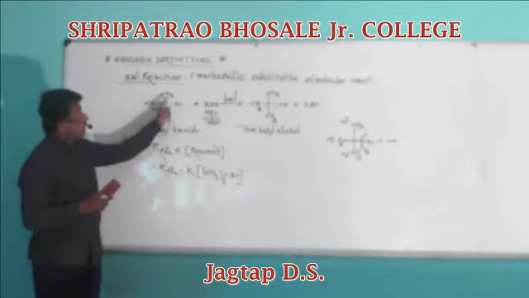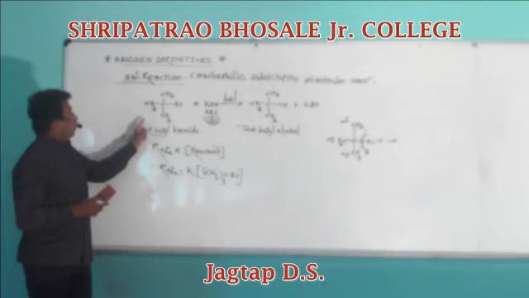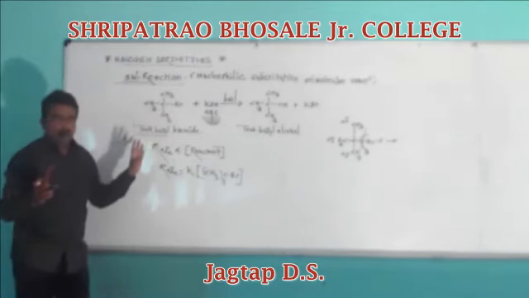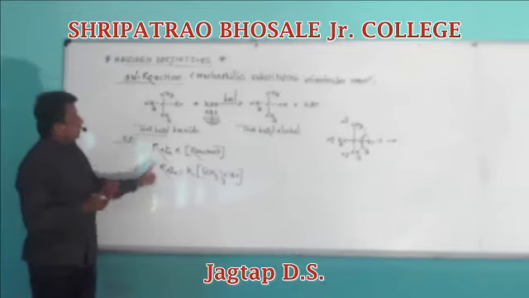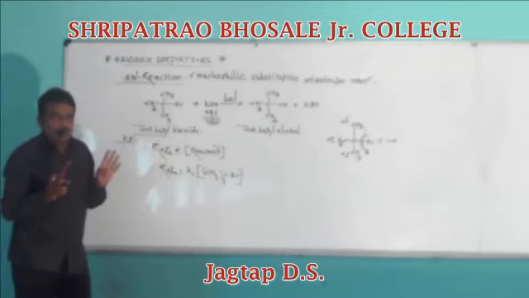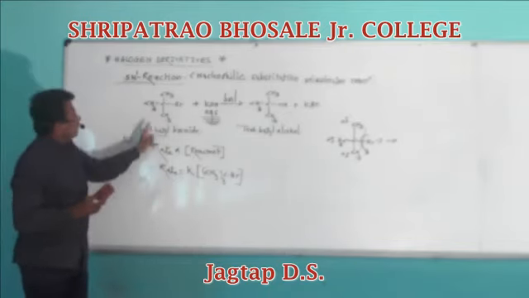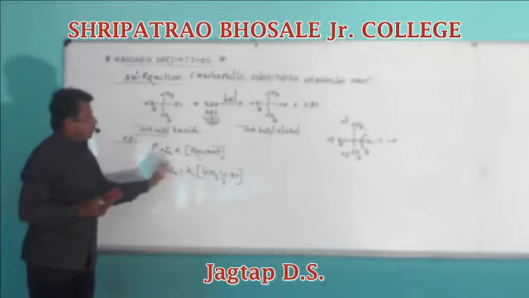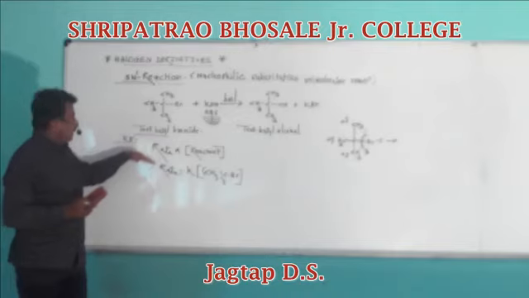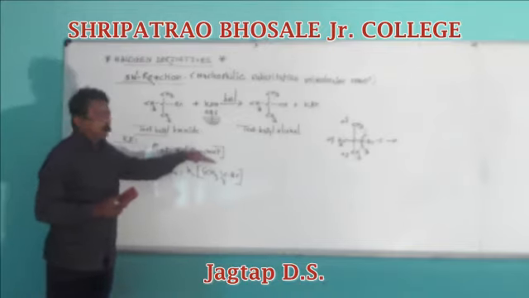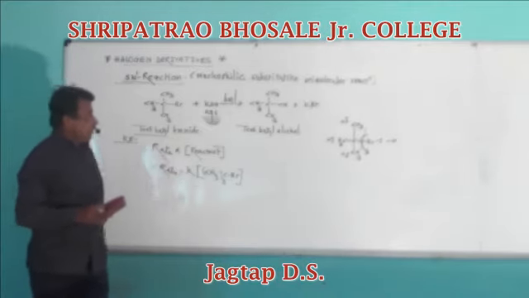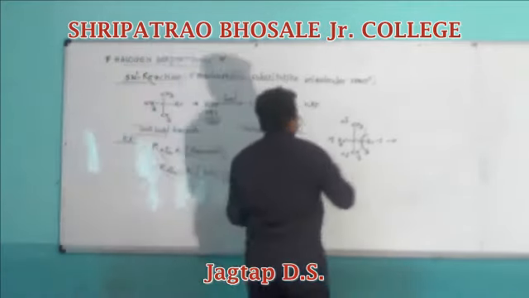That is, in this reaction, only one reactant species takes part in the formation of the carbocation. So the rate of reaction depends upon the concentration of only one reactant taking part in the RDS. Here the rate of reaction depends upon the concentration of tertiary butyl bromide only. So the kinetic equation relates the rate of reaction and the concentration of reactant taking part in the RDS. Therefore, rate is equal to k into the concentration of tertiary butyl bromide.